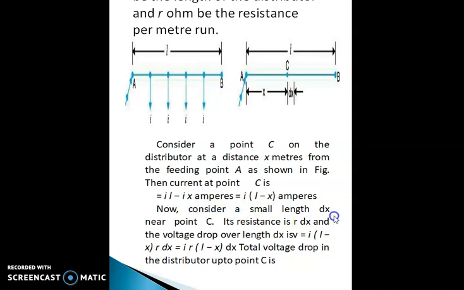Now consider a small length dx near the point C. Its resistance is r dx, and the voltage drop over length dx is dV equals i(l minus x) into r dx, that is equal to i r (l minus x) dx. Total voltage drop in the distributor up to point C is